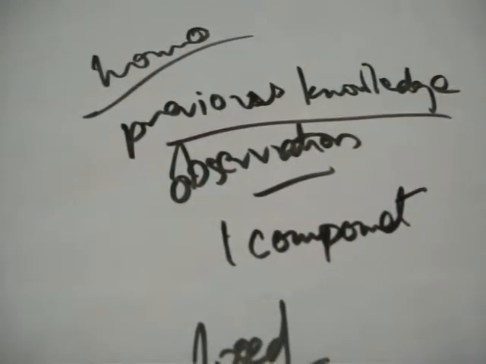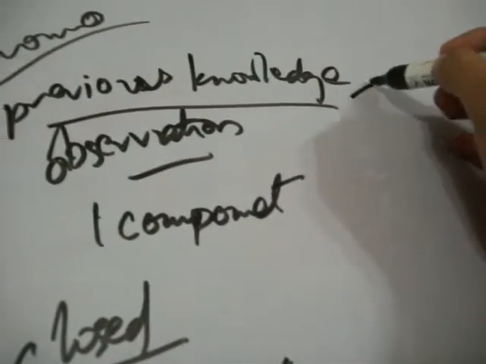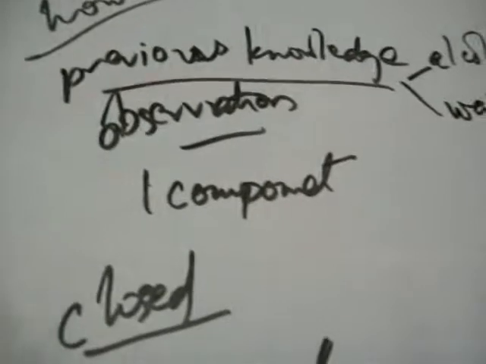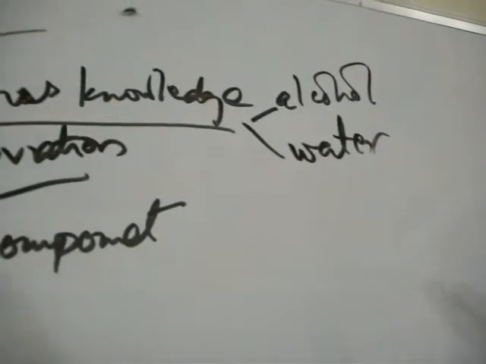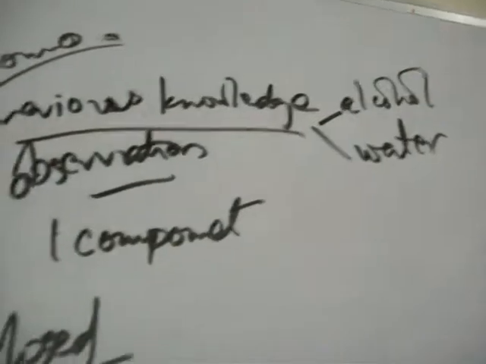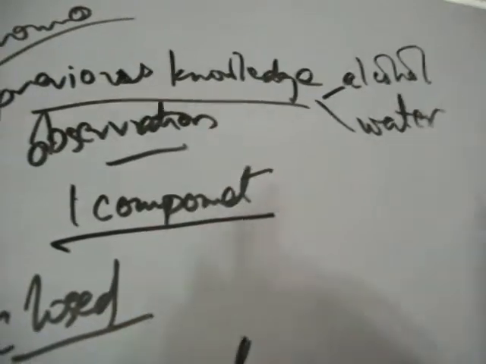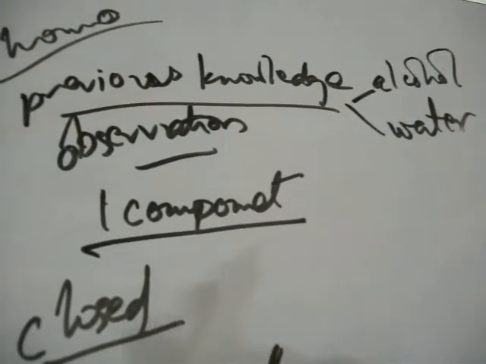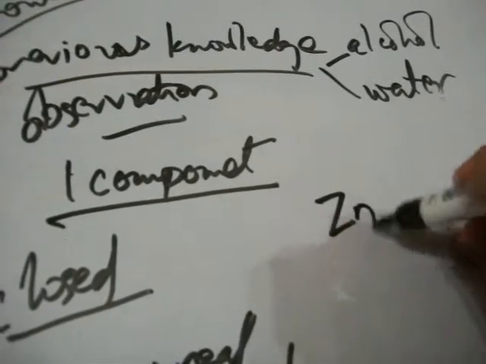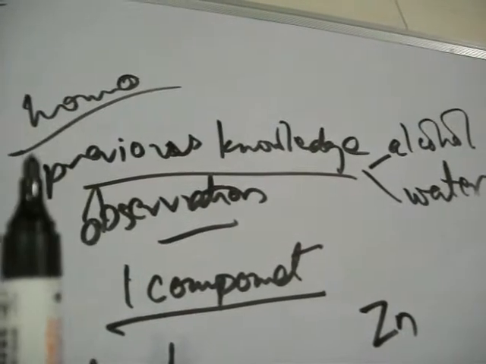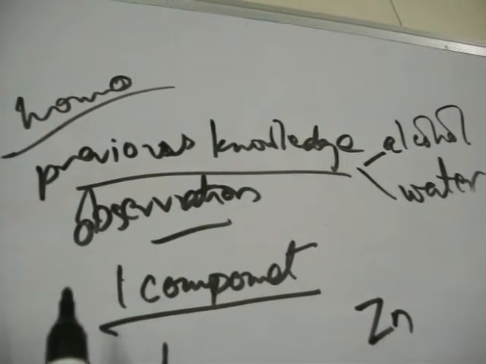You may have previous knowledge that there is alcohol and there is water, but what will you observe? You'll observe that there is only one component, because these are miscible liquids. Once they are mixed, you cannot say which is alcohol and which is water. You will see that there is only one component. It can also be a gas. It can also be one solid, one zinc block, something like that. So it's only one component. It's homogeneous. You cannot even draw an imaginary boundary. And heterogeneous is where there will be a boundary,